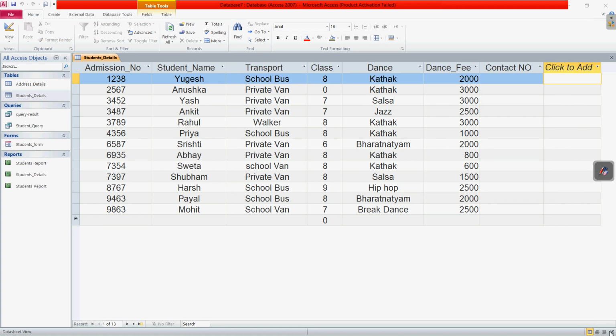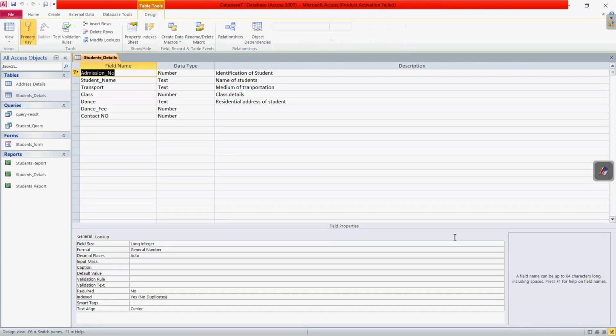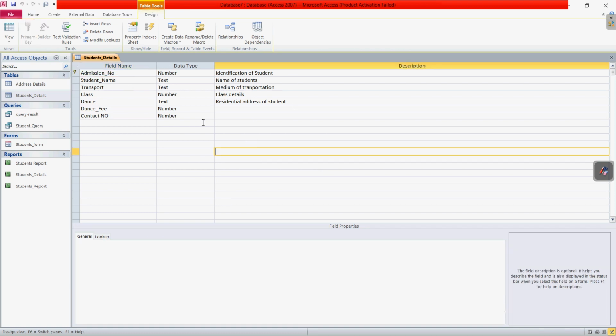If I click on this window which is present at the bottom, here you can see the different views are present. If you want to switch to the design view, you can click on this. Clear? Here we were talking about the field name, the data type and the description. Whatever column name you have written in the database will appear here.